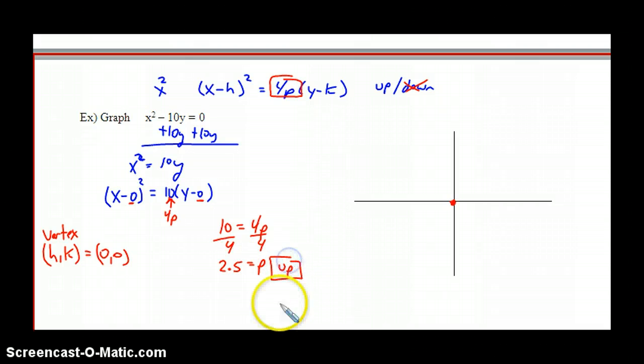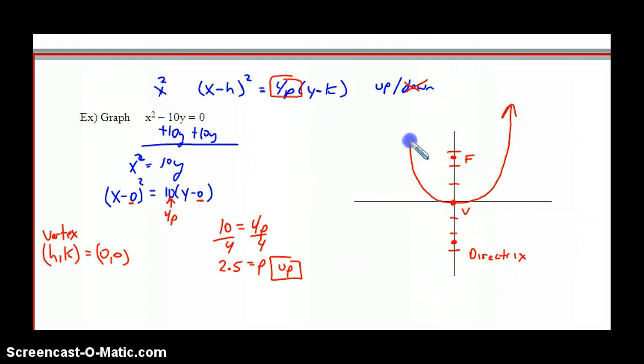So what I want to do is, from my vertex, put a v there for vertex, go up, since it's opening upward, 2.5. So that would be right about here, and that's my f for my focus. Go down 2.5, and that would be my directrix. Now remember, my directrix is a line. It's either a horizontal or a vertical line depending on how my graph looks. So since my parabola is going to wrap around the graph like so, because again the parabola wraps around the focus,